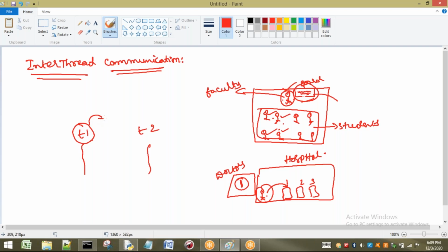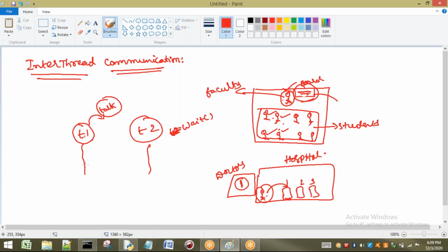That means T1 wants to talk. So as T1 is talking, T2 should not talk. So T2 has to be in which state? T2 has to be in waiting state. Should not write T2 dot wait. So T2 has to be in waiting state.